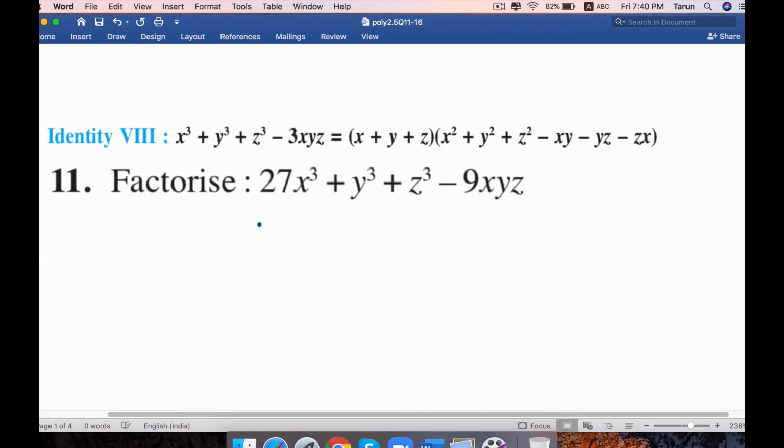Today we will be solving class 9 polynomials, exercise 2.5, question 11 to 16. For the previous questions, please go through my previous videos. So the 11th question says factorize